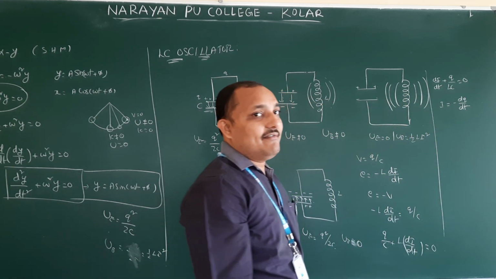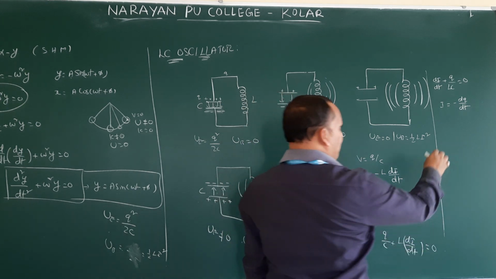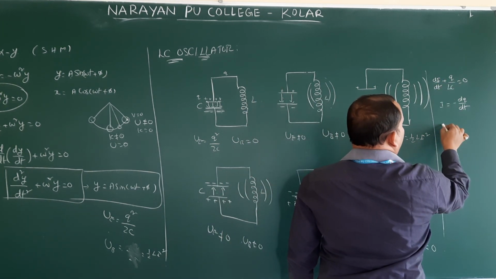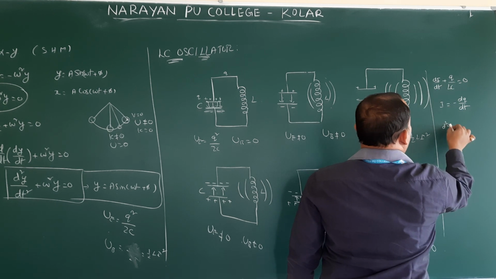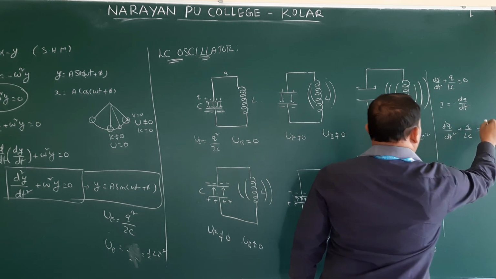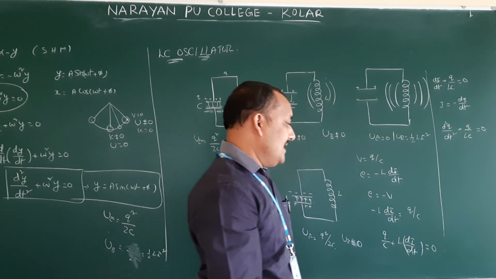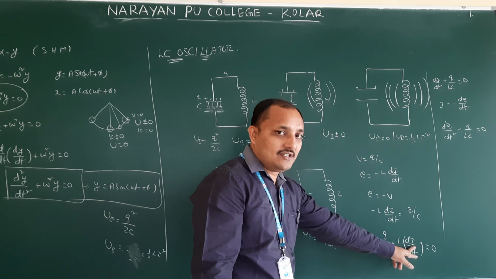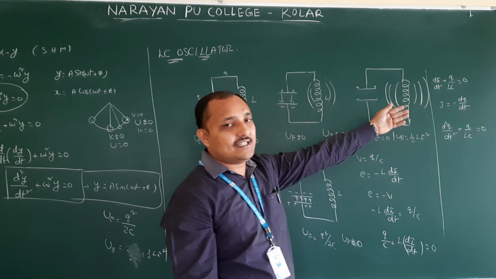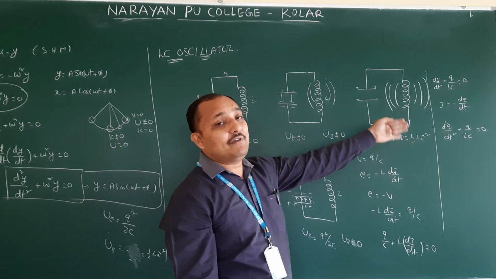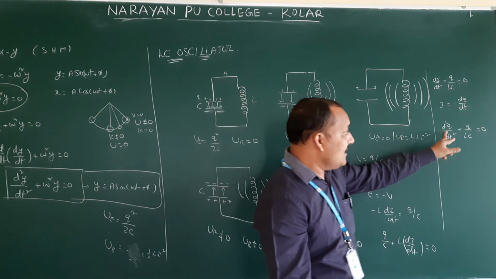So I is equal to minus dq by dt. Why I wrote minus? I will explain for you, because to cancel here. So dI by dt means if you substitute here, d square q by dt square plus q by LC is going to become 0. So to make it plus, I wrote I is equal to minus dq by dt. Just minus is giving direction. You don't need to worry about minus. But why we have to write, I will explain for you.